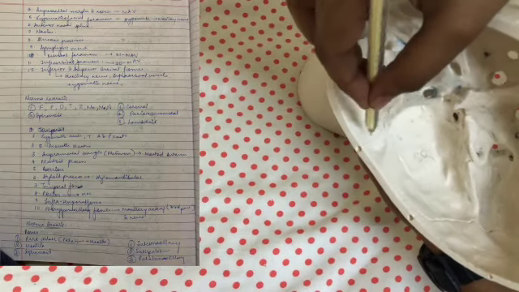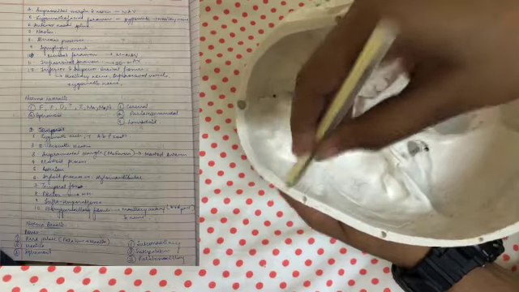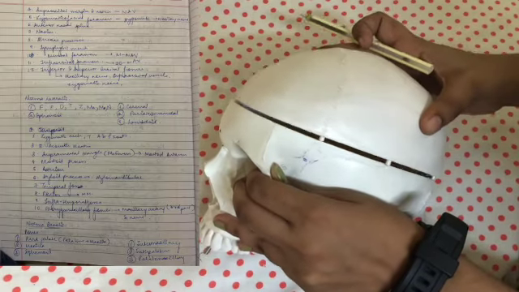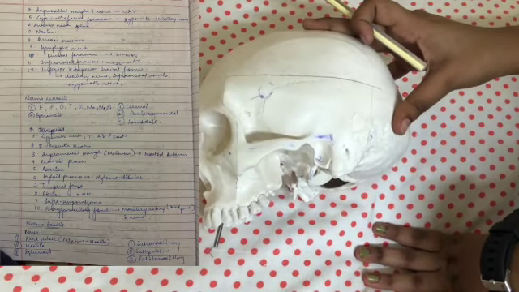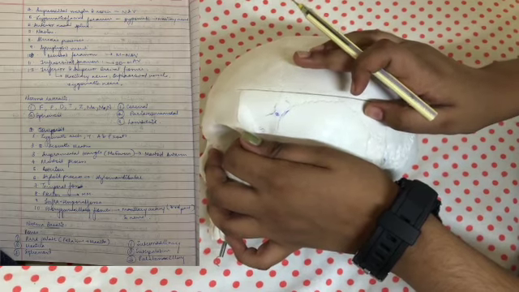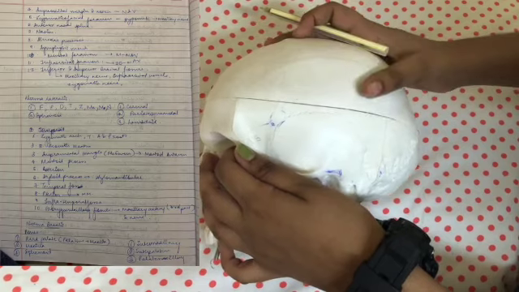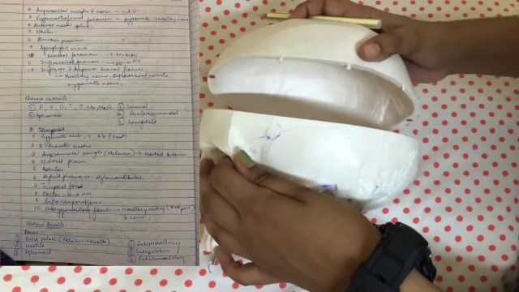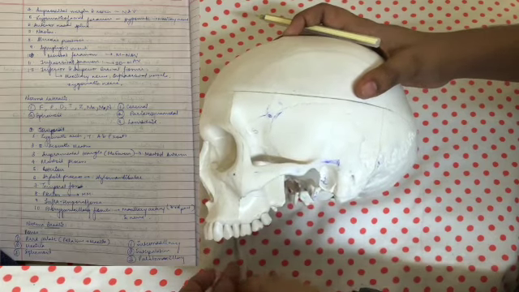So the middle meningeal artery is the one that supplies the outer layer of the meninges of the brain or the coverings of the brain, the dura mater. So whenever there is a sort of injury to this part or the pterion, this may cause the middle meningeal artery to rupture. And this rupture can cause extradural hematoma or collection of blood/clot formation in between the skull bone and the meninges of the brain.